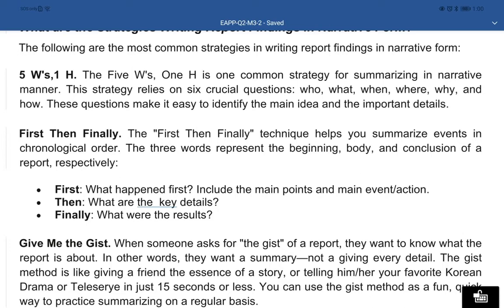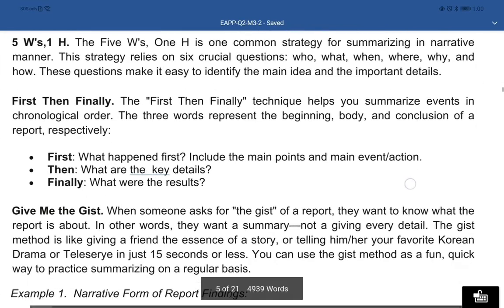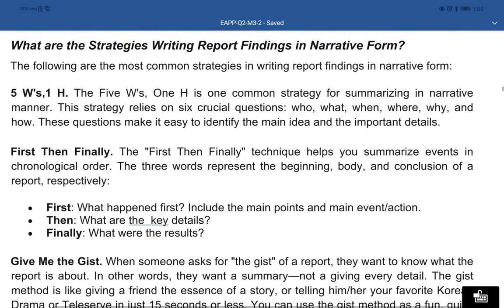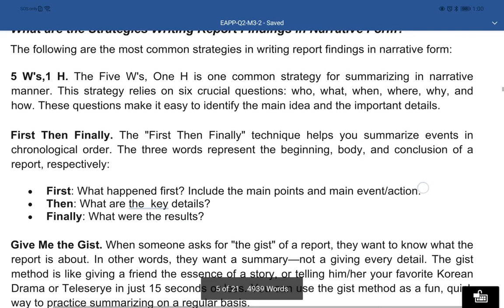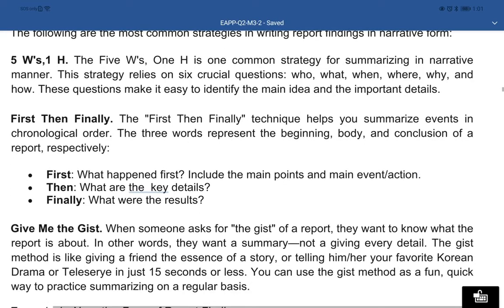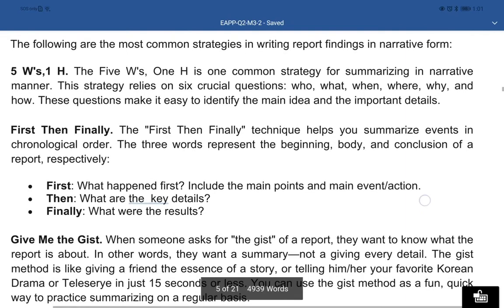It's easy actually. The difficult thing about this is thinking of the questions. Diba? Alam mo naman ako ano yung mga questions yung who, what, when, where, why, and how. So the difficult task here is formulating the right questions. Ano na yung mga tamang tanong para ma-summarize mo yung buong report. Okay? Then we have the second strategy in writing a narrative summary in narrative form,